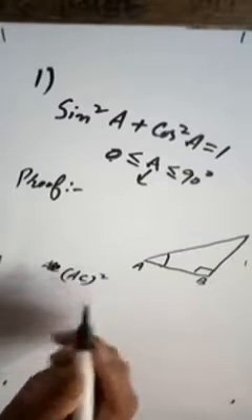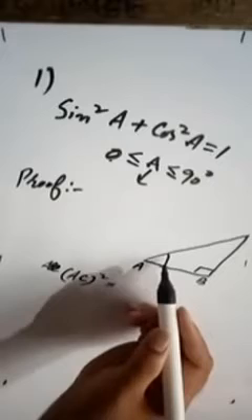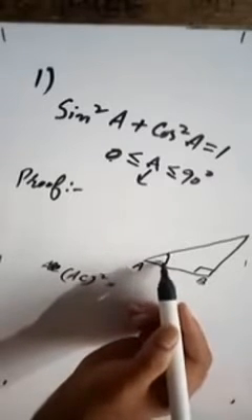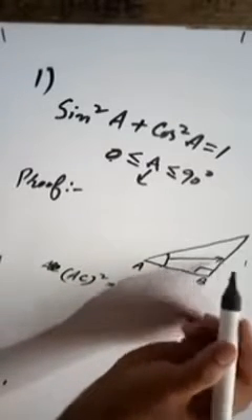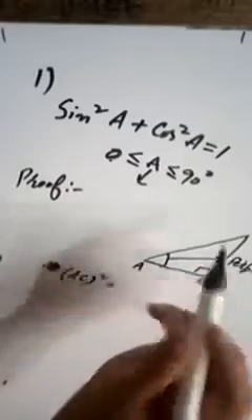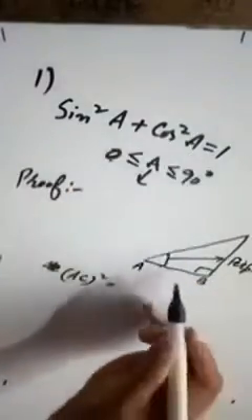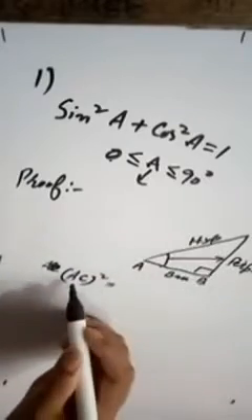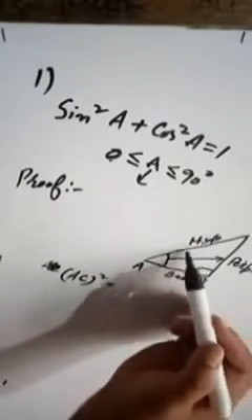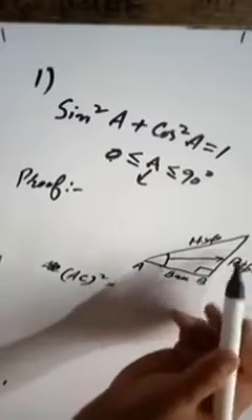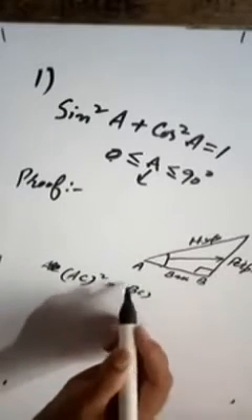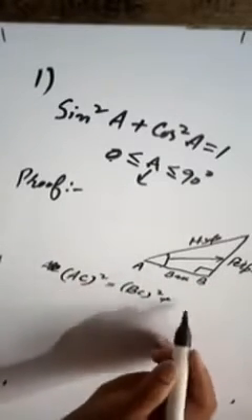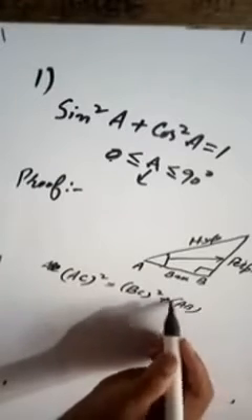It is AC, the hypotenuse here, is equal to, since we are going to select the angle A, this side must be the perpendicular. Why am I taking the angle A? Because I have told you that it is involved here. This will be the base and this will be the hypotenuse. So AC square, when I apply the Pythagoras theorem, will be equal to perpendicular square. Perpendicular is BC, so it is BC square plus base, which is AB square.